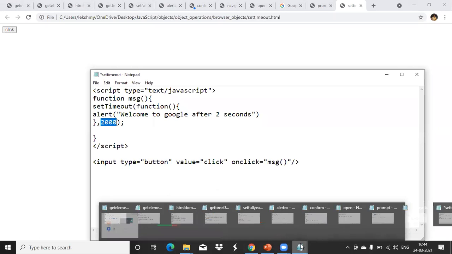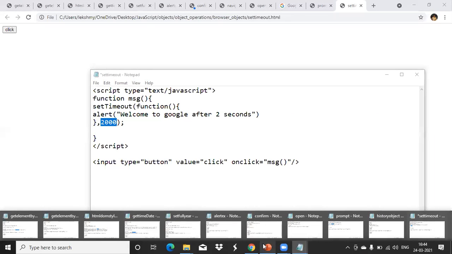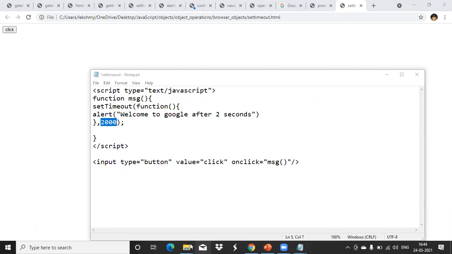Okay. So yesterday one doubt was asked about the date object, where we are using it. I told you that it is used to display the clock in your web page. If you want to display the clock, you can use the date object. How to display that clock? I told you that time we can use it with a for loop, plus we can use it with the setTimeout function also. See one example for that.